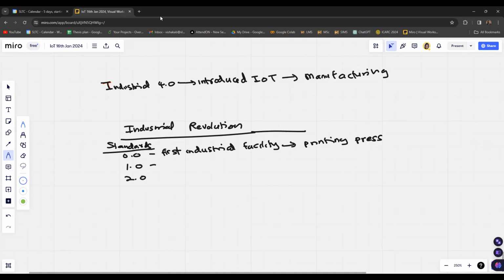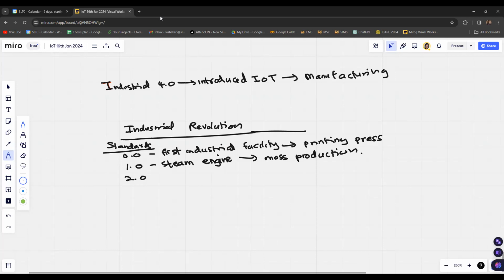With the first industrial facility came other industries, like steam engine based production. The innovation of the steam engine led to mass production of items in an industrial facility. That is related to the Industrial 1.0 standard.